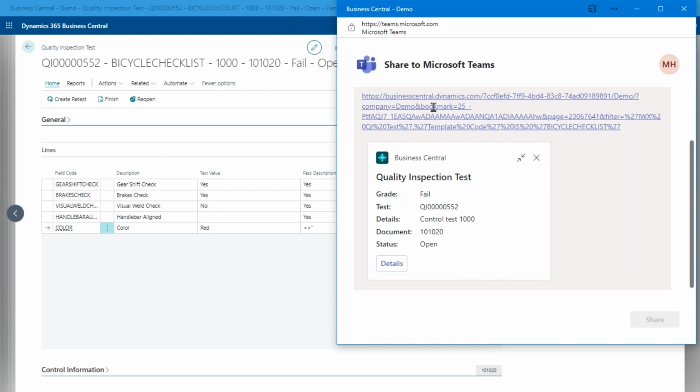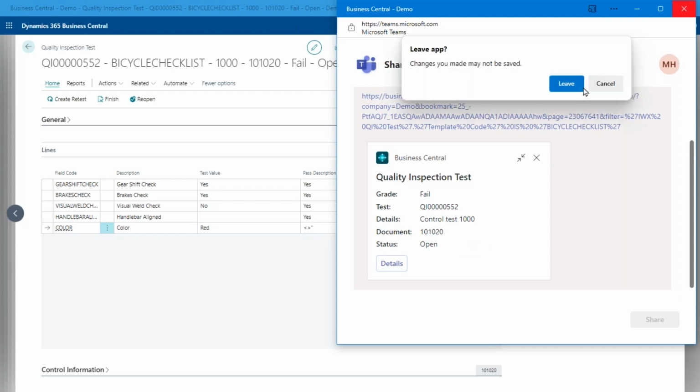So rather than somebody having to type a whole bunch of stuff here in Teams to indicate what happened, the people that I'm sending this to will get this card that they can get that information for the test from without having to log into Business Central. So you don't need the Business Central license to be able to see this information. And if you do, of course, I can click this, and it's the same as clicking the link. It'll open up this test for me. And again, this information that's put in this card, you define that in the Quality Inspector setup, so you can put additional information in here as well, if you like.